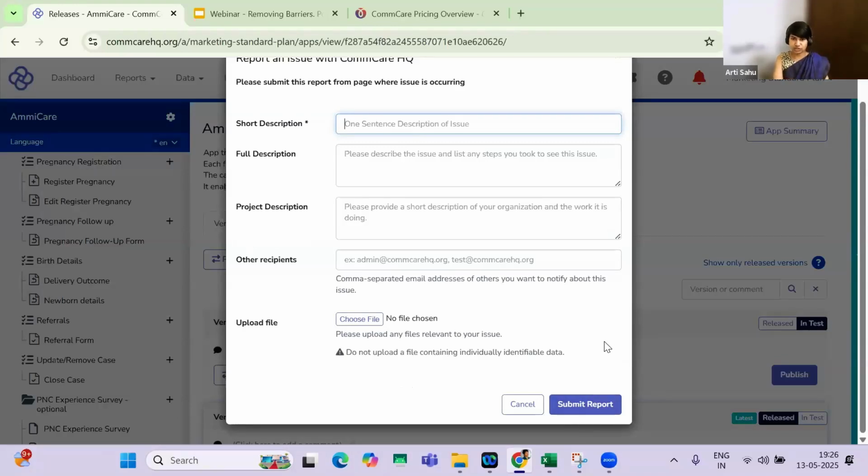You don't have to go into your email and write the email or send them there. All of this will take care of your support ticket. Right after you submit this report, you will receive an email saying that your issue has been submitted to our support team and that they will revert back as soon as possible. So yeah, this is the easiest way that you can reach out to our support team with your issue.